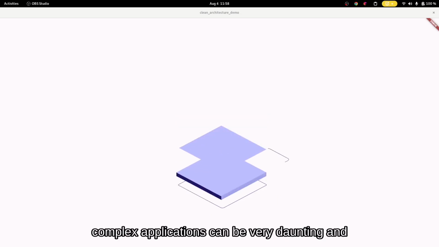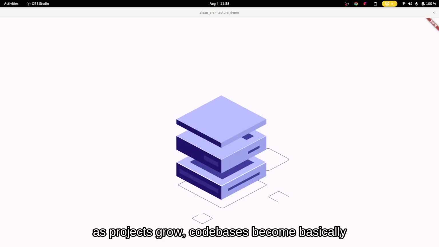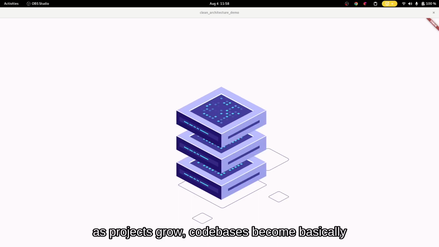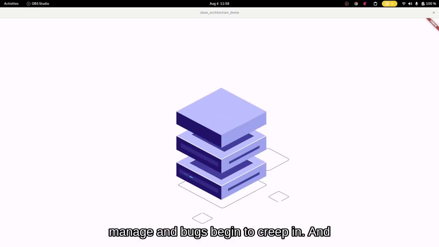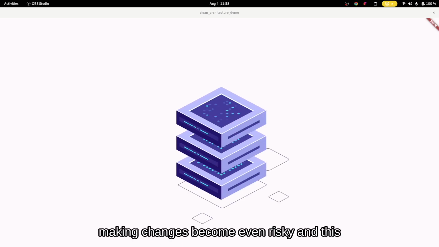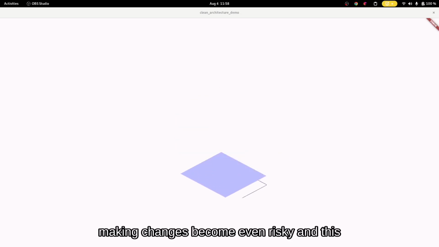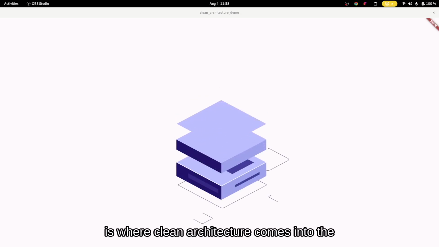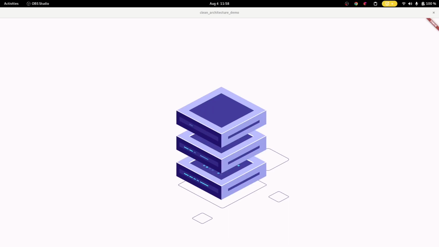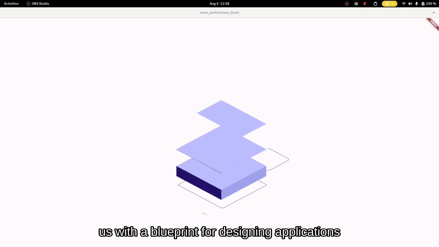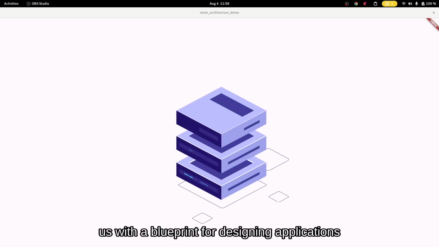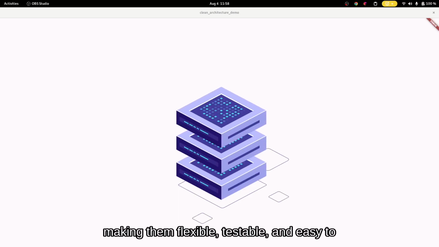Right, so the challenge of software development, especially today. Creating complex applications can be very daunting. And as projects grow, code bases become harder to manage, bugs begin to creep in, and making changes becomes risky. And this is where clean architecture comes into the scene. Clean architecture comes to the rescue, providing us with a blueprint for designing our applications, making them flexible, testable, and